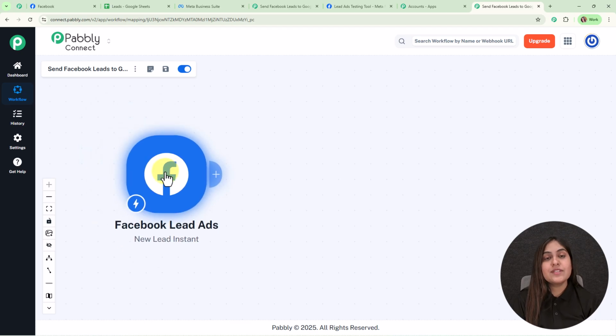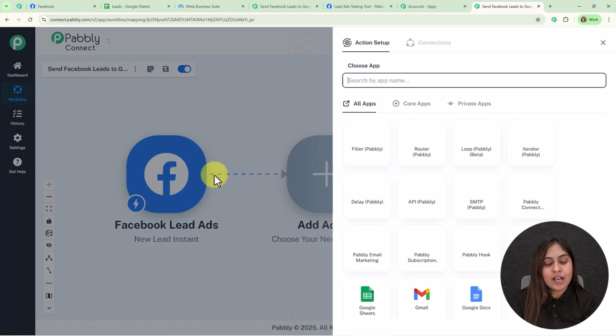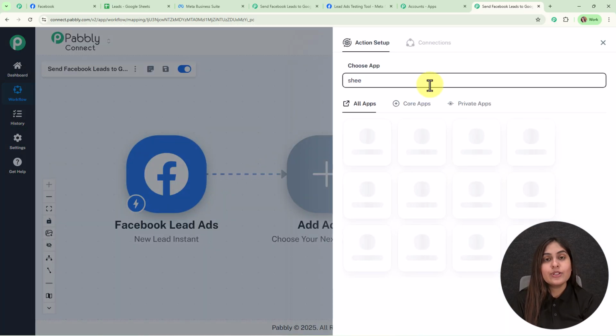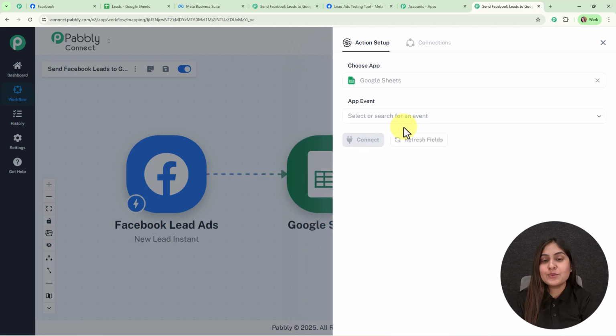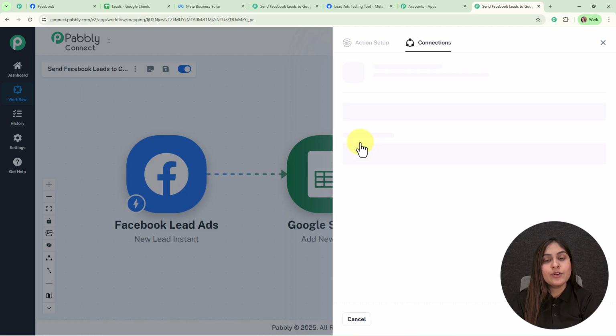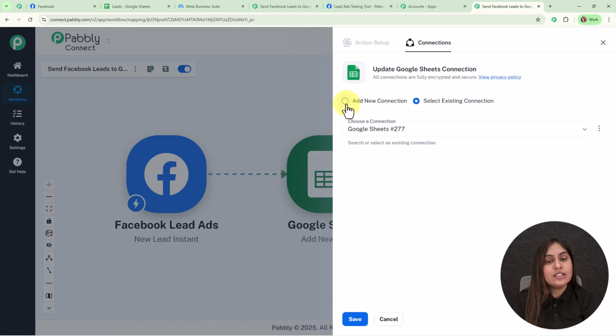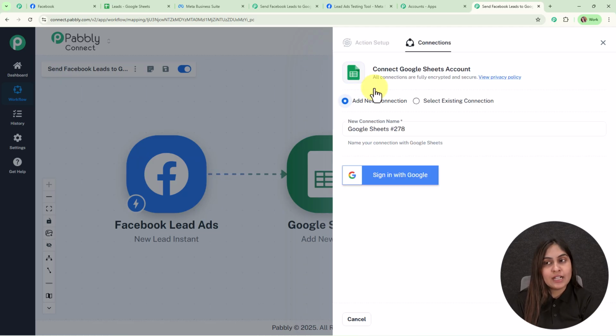So once we have received a new lead detail, then instantly I'm going to add it in my Google Sheets as a new row. So for that we are going to add an action step over here, and here we are going to select the action application as Google Sheets. Then for the app event we are going to select add a new row, and then we are going to click on this connect. Again here to build a new connection we are going to select add a new connection,